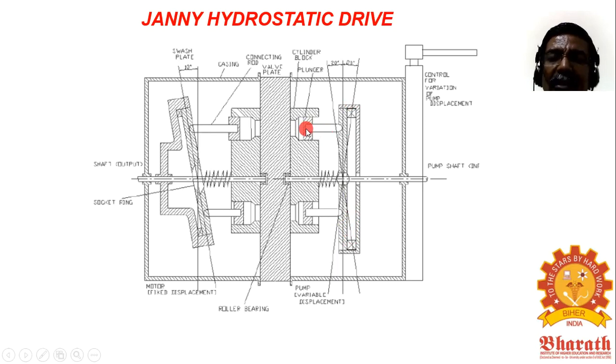So you see this is the plunger. The hole is the cylinder and the pin is the plunger or the piston, I can say. So no pumping action is taking place because the plate is vertical. Let's see the other parts. Here there is one roller bearing that supports the input shaft. Here another roller bearing supports the output shaft. And the center plate is called the valve plate. These pins I can call connecting rods. So nine cylinders, 9 plungers, 9 connecting rods. So that is what the arrangement is.